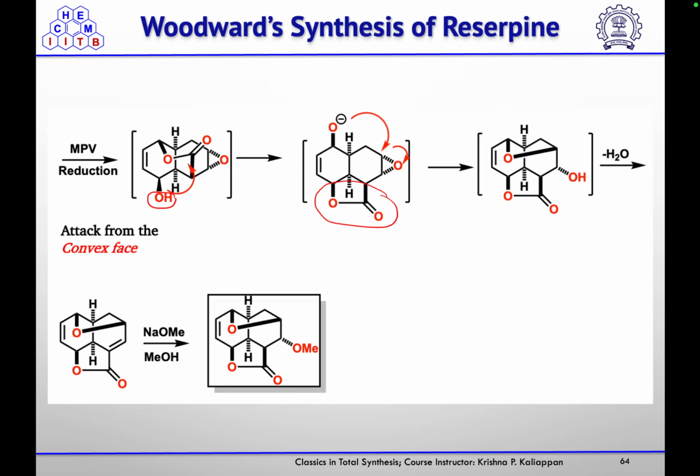form this furanoate. Then this alcohol was not very stable at that position because of the presence of the ketone at that beta position. So this will undergo a condensation reaction like an aldol product. This is a beta hydroxyketone. So after the loss of water, you will get the corresponding enone, and this on reaction with sodium methoxide will react in the 1,4 fashion to get the methoxide from the convex face only. Everywhere wherever the reagent is coming, like if you are doing the epoxidation, that is also coming from the convex face. If you are doing this sodium methoxide addition, that is also coming from the convex face.